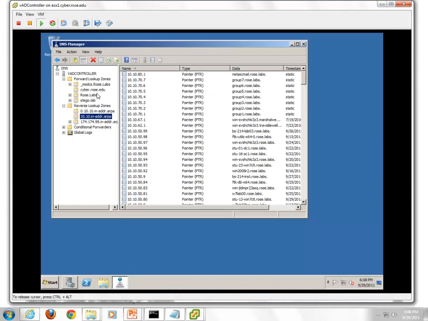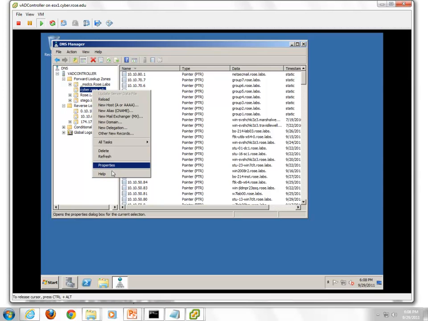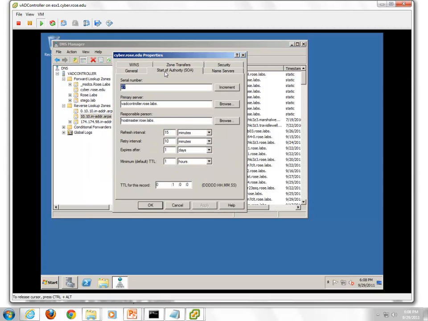All right. I'm going to look at this domain right here. There's something called a start of authority. I know it's a weird name for it, but basically, this record expires after 1 day. All right. So if you were to query this machine and ask for vc.cyber.rose.edu, you're going to remember it for a whole entire day. So you're never going to ask me again because you're going to remember it. Because when I gave you the information, I said, hey, here's the IP address, and please remember it for the next day. So you're good. And the odds are you're going to use it again, so not a big deal.